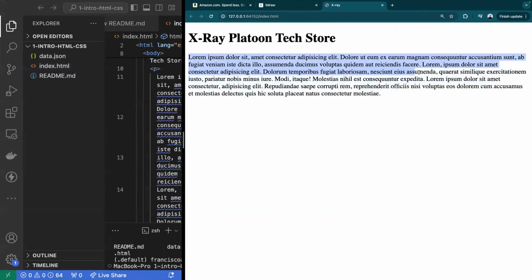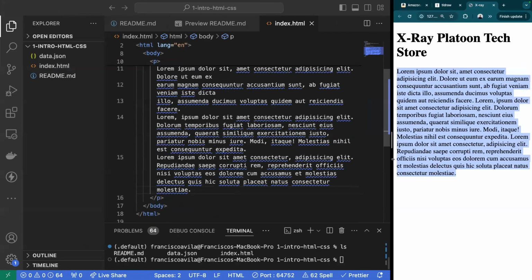Then we have all of our lorem text, right? Which is just a bunch of random text put together. And we can see it all within our paragraph tags. Well, let's take a look at a bit of a difference between our paragraph tag and what we have here